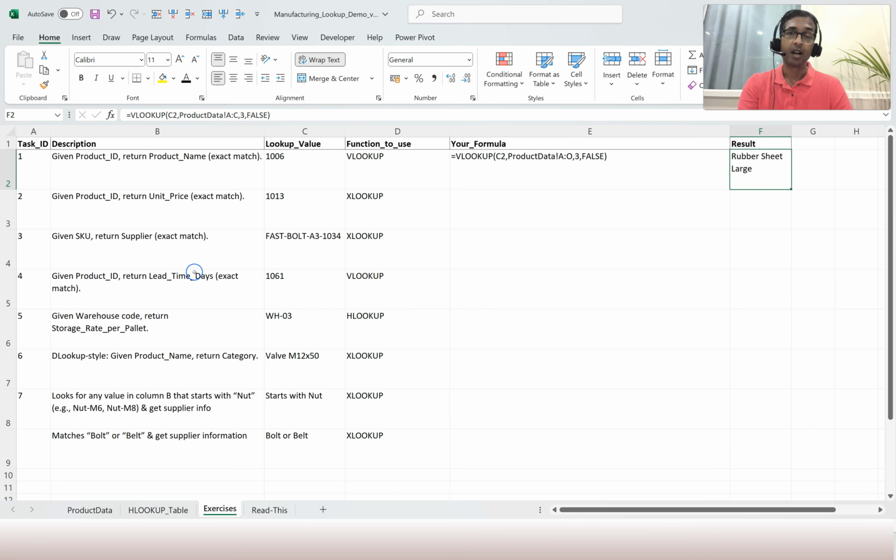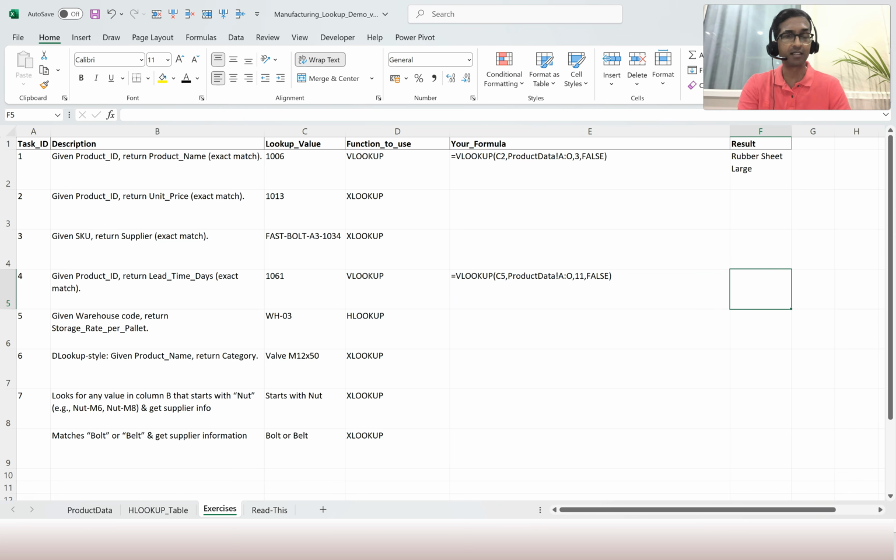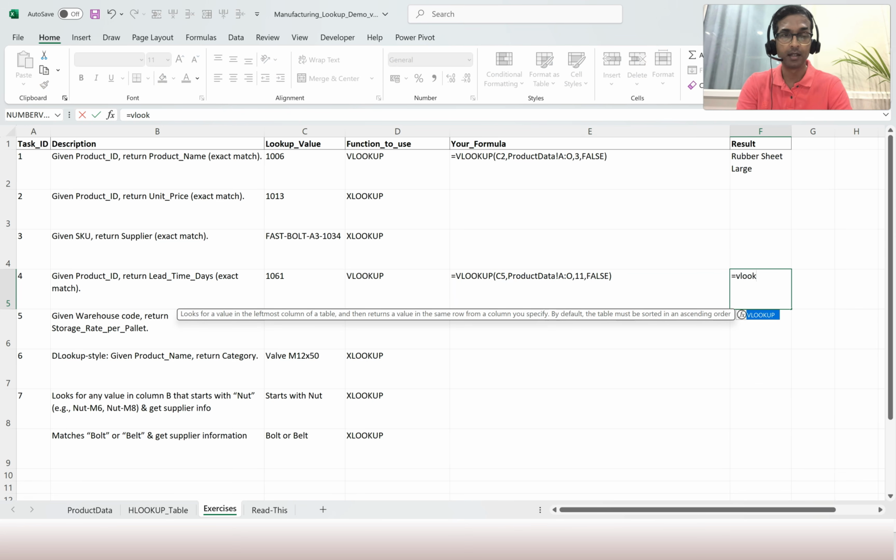Second one, we go to one more VLOOKUP and then we will come back to the HLOOKUPs and the XLOOKUPs. So let's take this task ID 4, wherein for the same given product ID, we need to return the lead time days. Okay, so I'm going to just reveal the formula, and it's very similar. So let's straight away write this. So equals